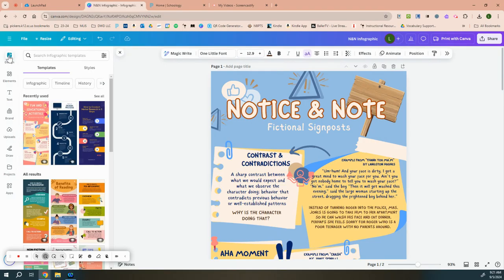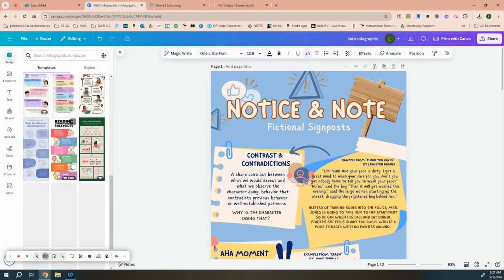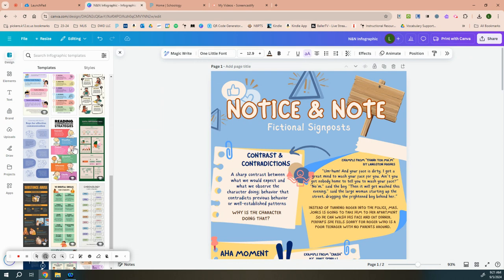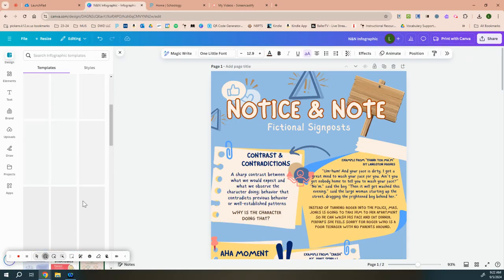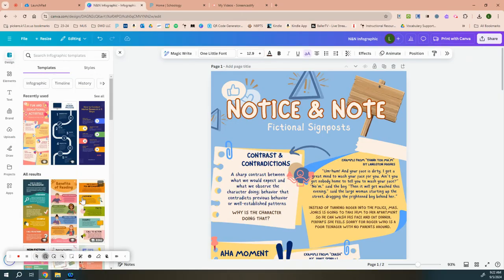And again, you can always go back up here to design. If you decide that you don't like your template, you can pick a different one to start with. I do want to challenge you, though, that even though Canva already has these templates designed, you need to still be interacting with it and changing it to make it your own, okay? So don't just leave the template and then you fill in all the information. This is an opportunity for you to be creative and for you to